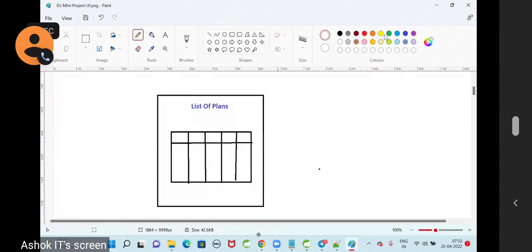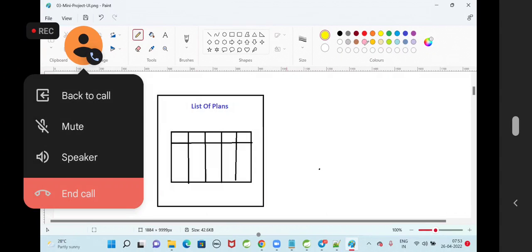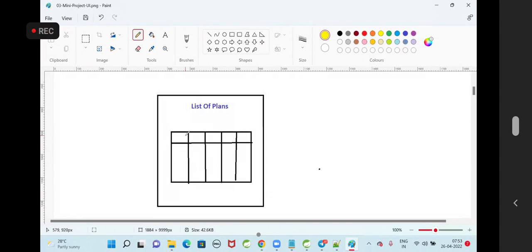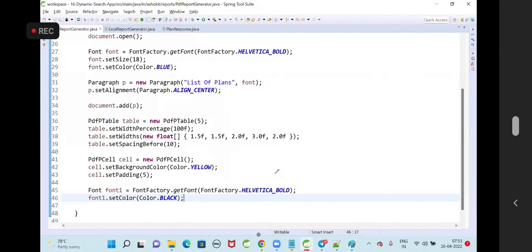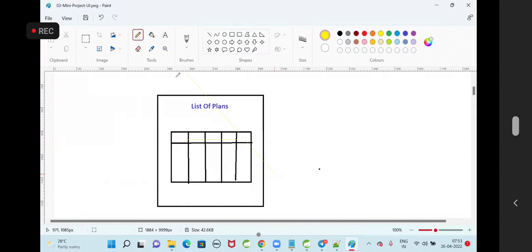It will come with this color, this box will come with the yellow color. This box 2 will come with the yellow color. In the yellow color box I am writing the block font. This is for table headers, guys. Table headers will come here, na? Yellow color with the block font. Okay? Now like this, I have taken yellow. I will fill the yellow colors here.